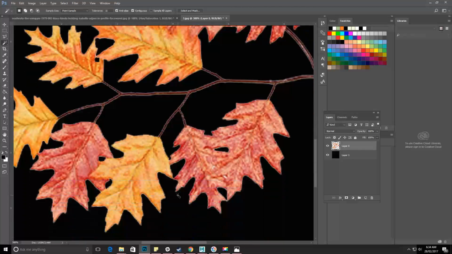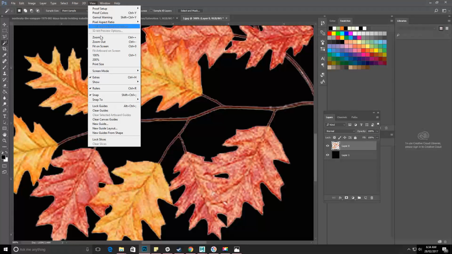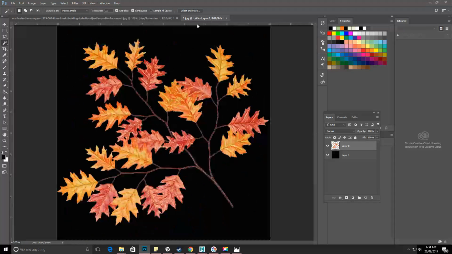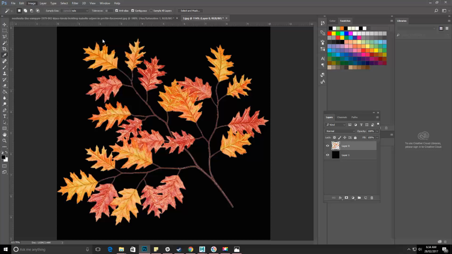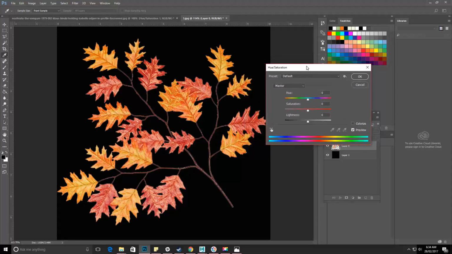Okay, the step right before we do the painterly effect is we are going to saturate these leaves. So we're going to make them a lot more vibrant. Make sure you have the layer selected that you actually want to saturate, and go up to Image, Adjustments, and Hue Saturation. If I click on that, I now get this window that allows me to do quite a bit of fun stuff with this. And so if I just bump up the saturation